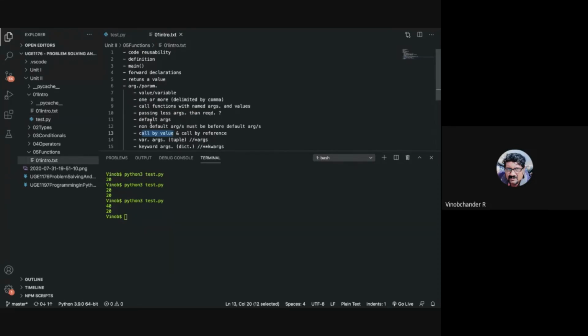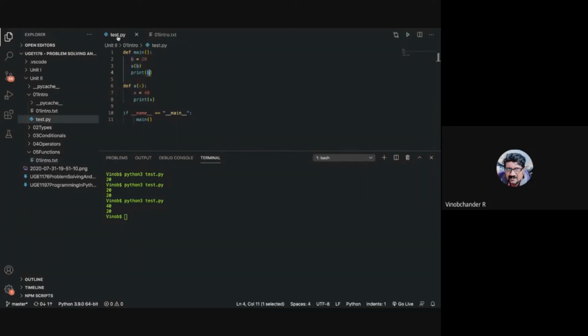So call by reference is where the state changes. Now, what kind of data types in Python allow for state change? Please remember, whenever you operate on immutable types, it is called by value, and whenever you operate on mutable types, it is called by reference. Let us see that here.